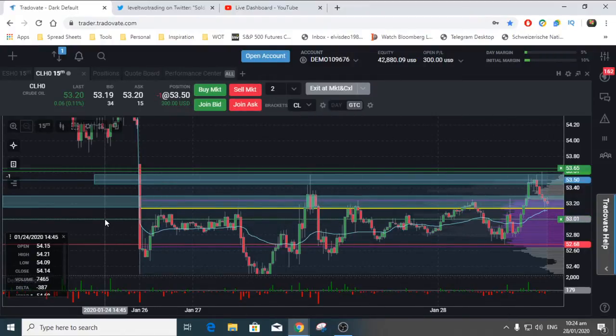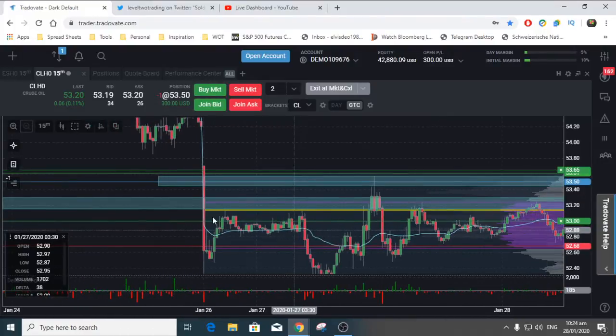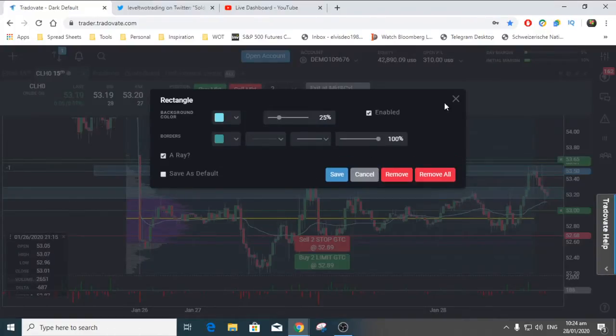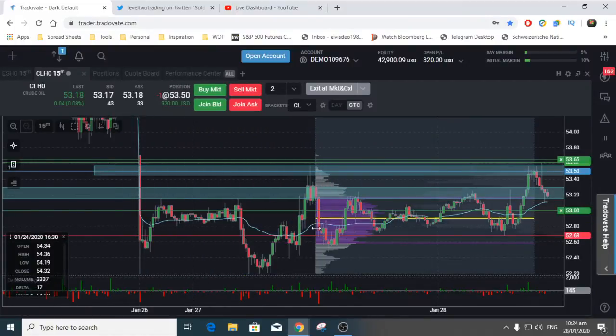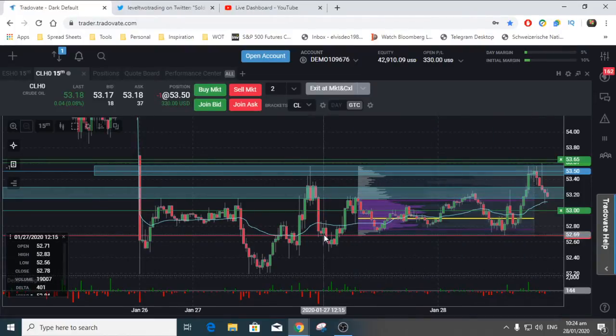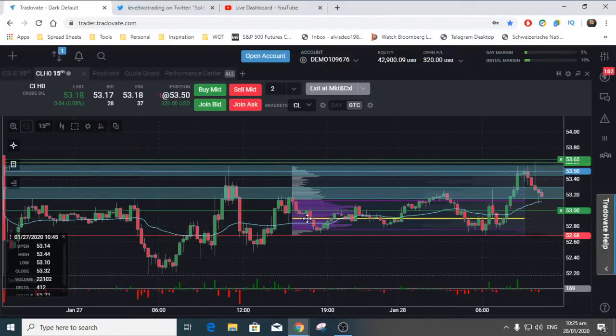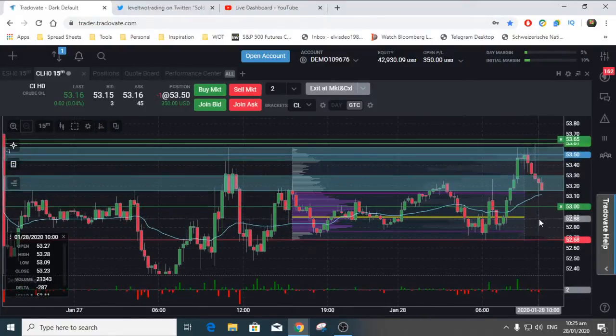We're looking for the mean average here. We may exit depending on what the POC is telling us, which is the active POC for this swing. If you want to trade off the overnights, you look for the pit close. You look at where your POC is located if you want to get out of the market at the most opportune time. We're looking at the midpoint between round numbers. So active entry should be a maximum of 52.90 if you're in the trade. If you're not in the trade,